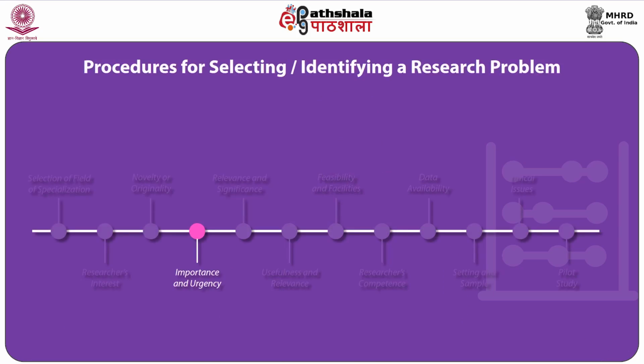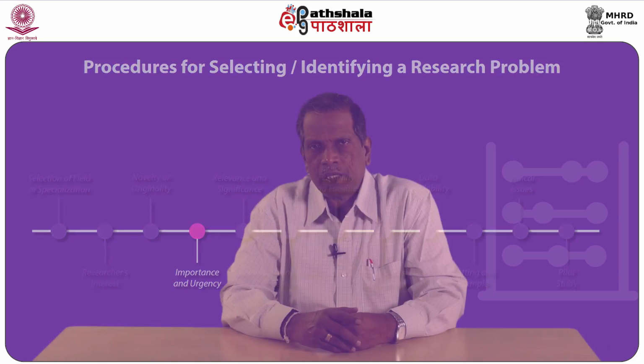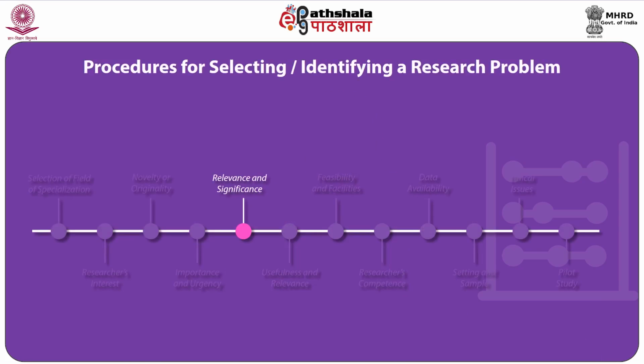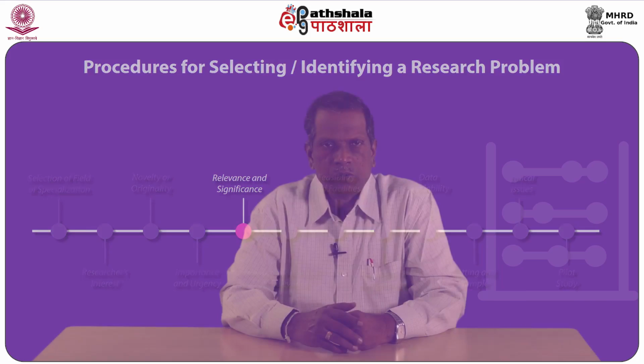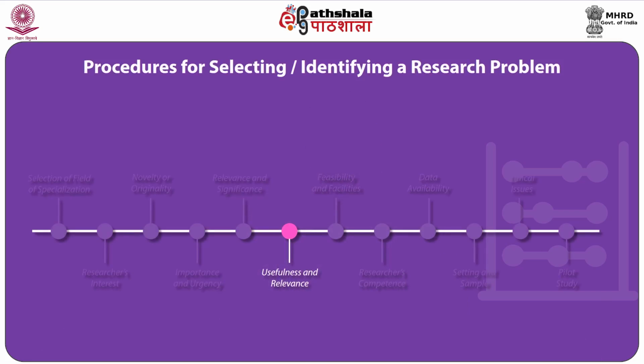Importance and urgency is another procedure which we have to keep in mind, that is, the research problem should be important for the academic pursuit as well as for human beings living in society. Likewise, relevance and significance also have to be kept in mind. The topic should contribute towards the improvement and understanding of education, theory or practice. Likewise, usefulness and relevance is another procedure which we have to keep in mind. The research problem to be selected must be useful to society and to other stakeholders as well as relevant to